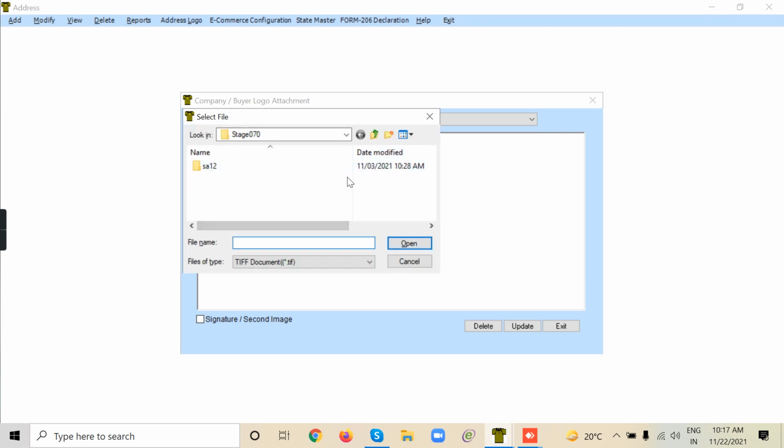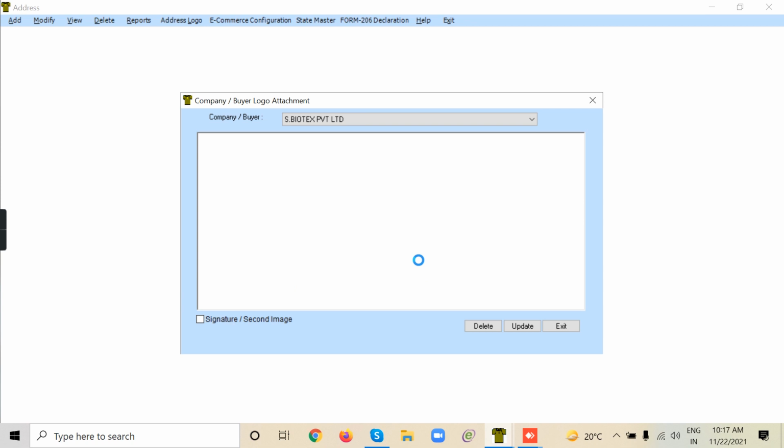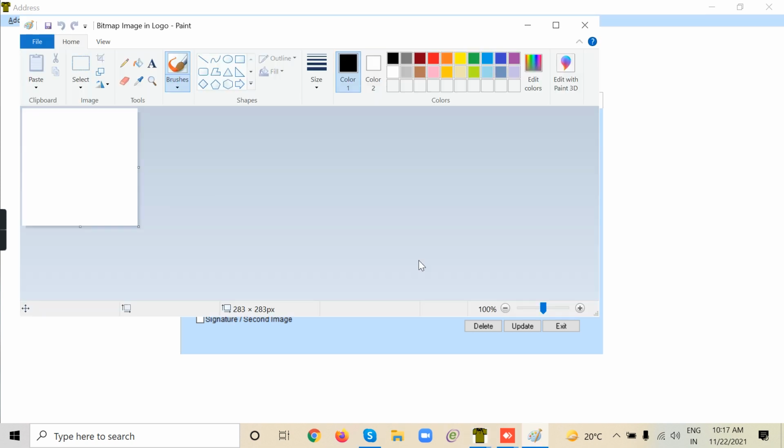It will ask for the document. Here you just click cancel. The system will open the default editor. Here you can go to paste from, select the icon and put it here. Right now, just for demonstration purpose, I'm just putting it here.